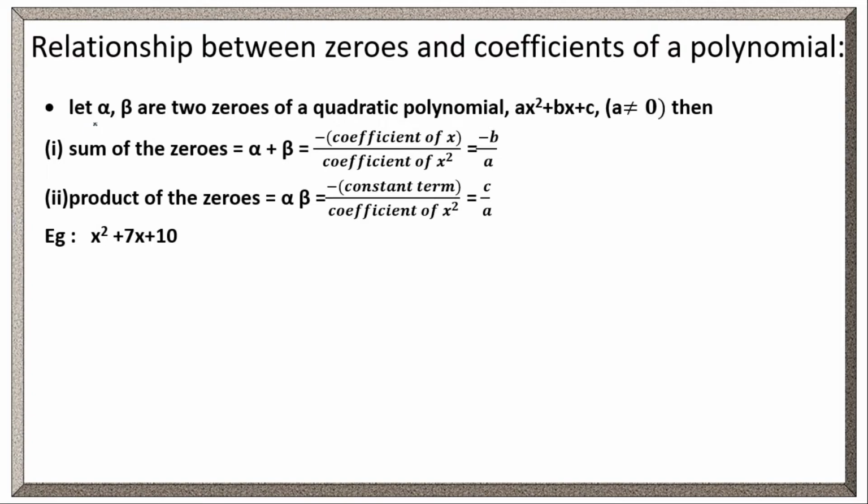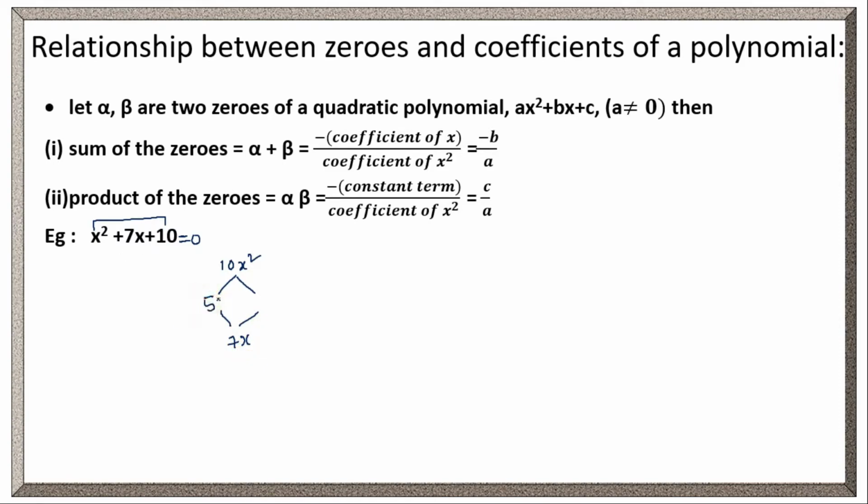The relationship between zeros and coefficients of a quadratic polynomial, let us see. So first I have taken one quadratic polynomial x square plus 7x plus 10. Let us find the zeros of this quadratic polynomial. To find the zeros, first we have to equate it to 0, then we have to factorize. How can we factorize a quadratic polynomial? First, the x square term and constant term we have to multiply. So what will we get? 10x square. So we have to choose the factors in such a way that the product should become 10x square and the sum should become 7x, as the middle term is 7x.